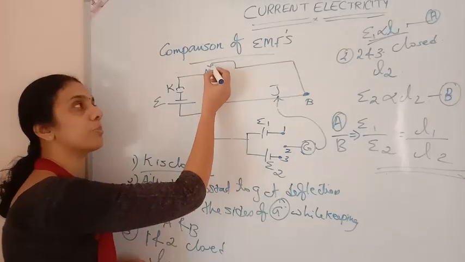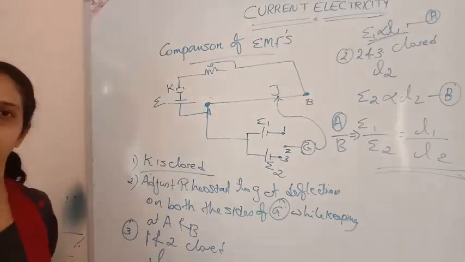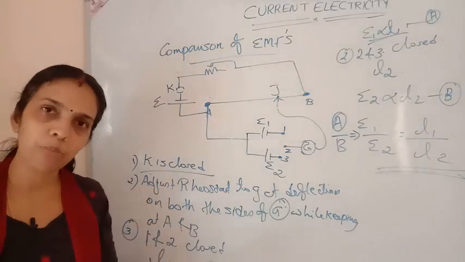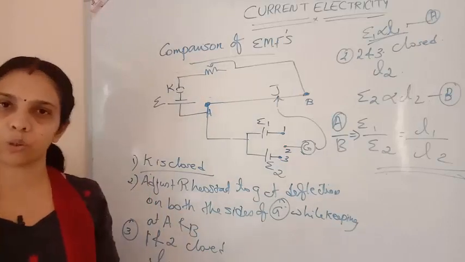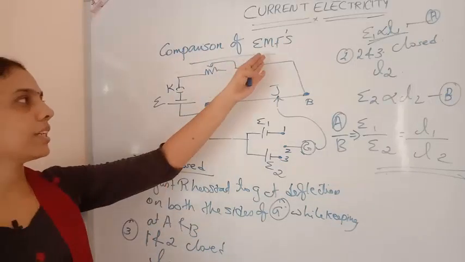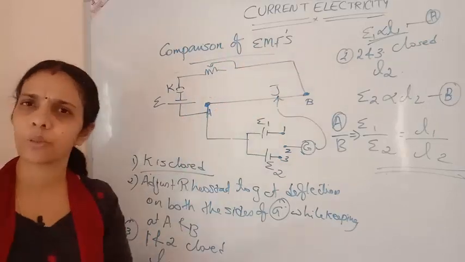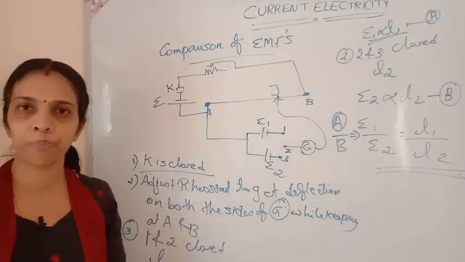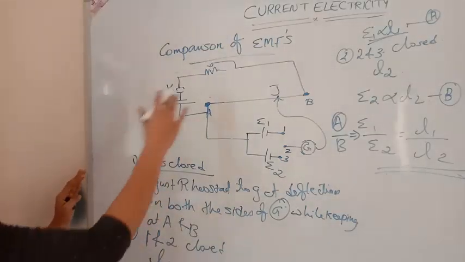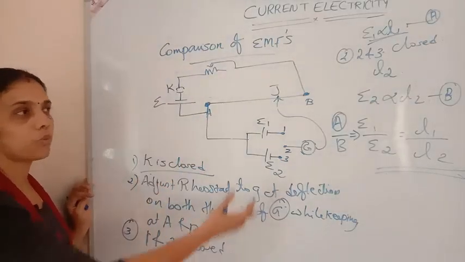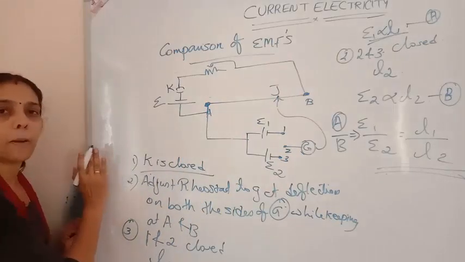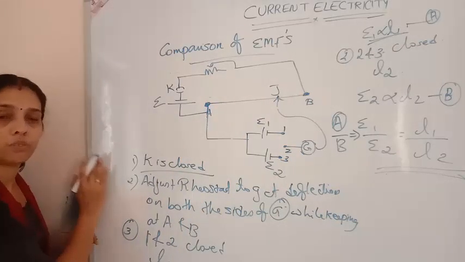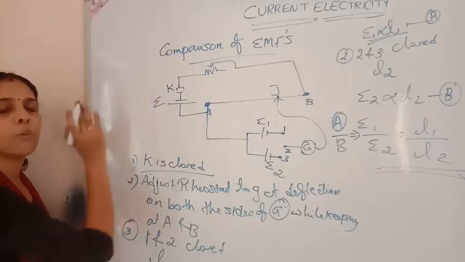Next, we can repeat the experiment by adjusting the value of the rheostat. If a rheostat is not provided in your lab, you can use a resistance also. In some of the diagrams an ammeter is also given, and you can use that too, it's not an issue. Even if it is not in our connection, we can still find the values. Clear? So this is how we compare the EMF of two cells using a potentiometer.